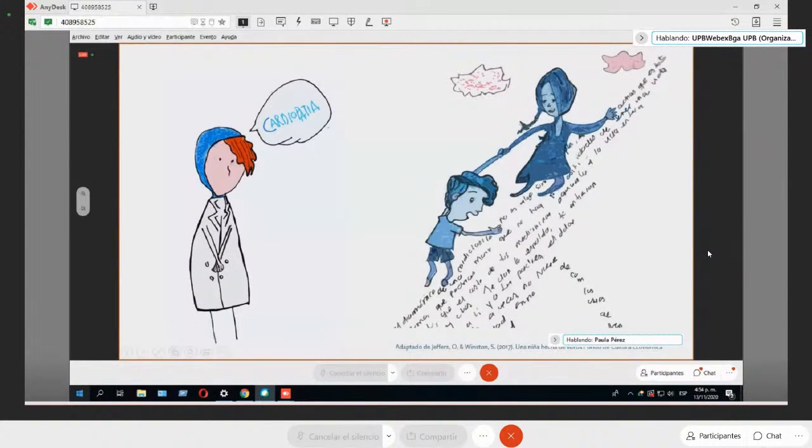When a diagnosis is presented, here we have a cardiologist telling the parents the word cardiopathy: your son or daughter has a cardiopathy. Automatically, a picture comes to the parents' mind. They see a mountain with a lot of obstacles. We have our children here, many of them characterized by a bluish color. They are climbing this steep mountain of things they need to go through, derived from their diagnosis